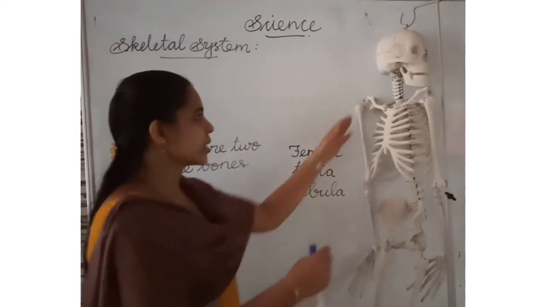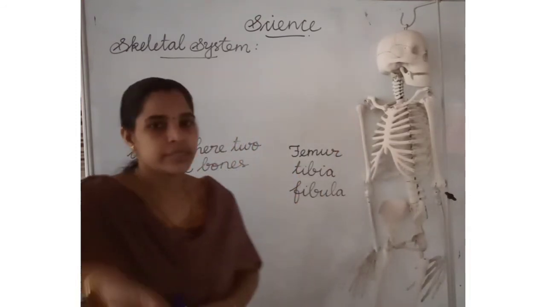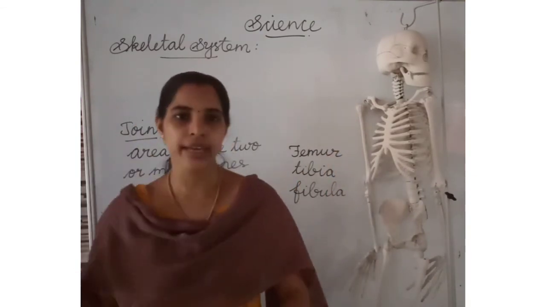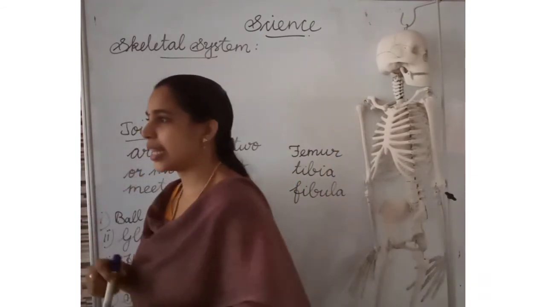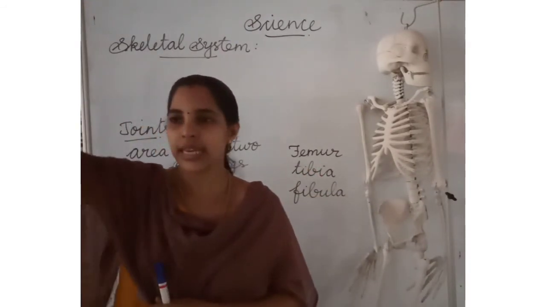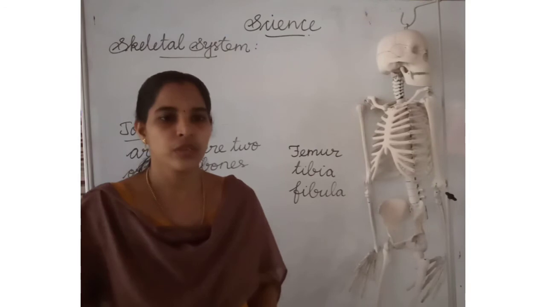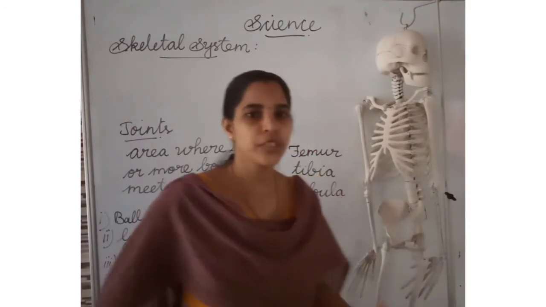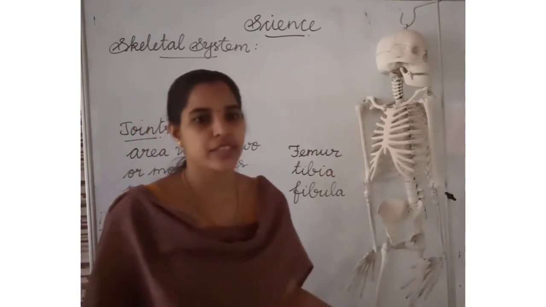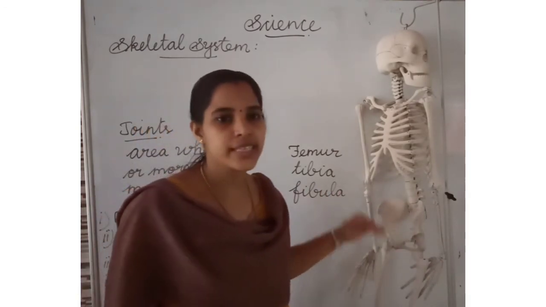Using the shoulder joint, the hand can be moved. We can rotate, we can turn here and there. We can rotate our hands, we can keep them up and down. We are able to swing our arms and legs in any direction because of these joints.